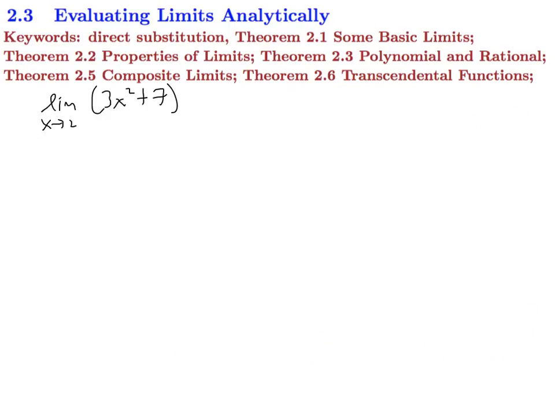Now, the last thing someone might be tempted to do is look at this limit, do it all in their head, and just say 19. I completely agree. That's the correct answer. However, the problem I have is you didn't tell me a story, okay? So what you want to think when you're doing a math problem and you're solving it is you're telling a story to a person about how you got that answer. You're not just jumping ahead and saying what happened. You got to tell me everything that happened in between